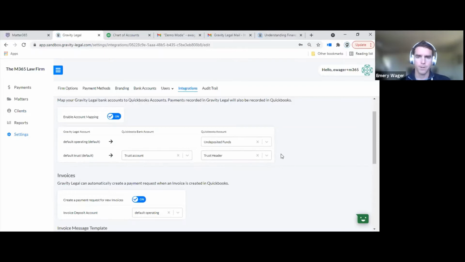So when you're logging a deposit in QuickBooks, you actually need a bank account plus a QuickBooks account. So I've called this the trust header, which is kind of a general catch-all trust account on the chart of accounts in QuickBooks, and then I have a bank account set up that is a trust account. And if I could just interject for a second,